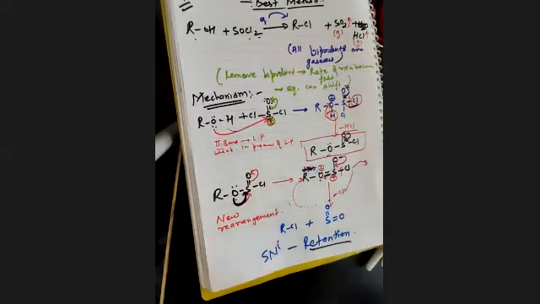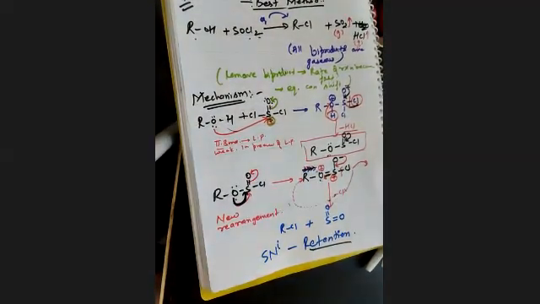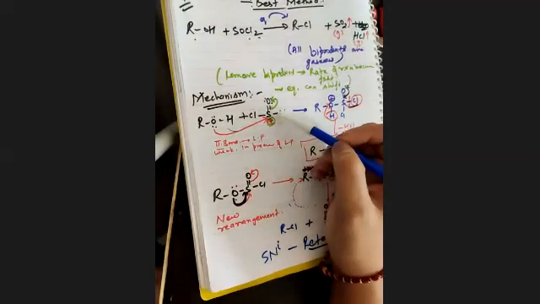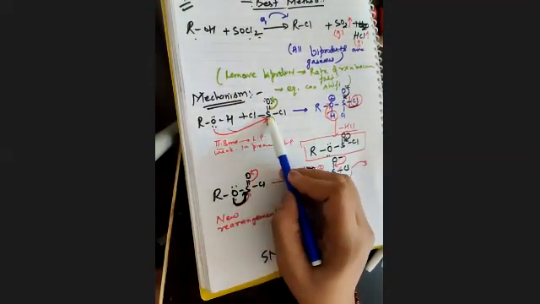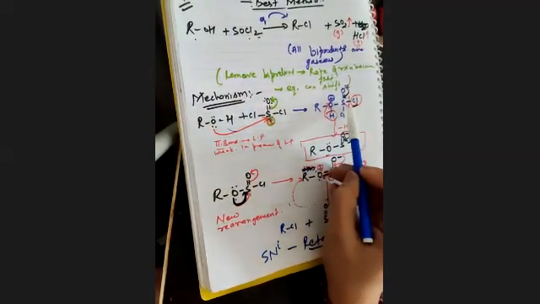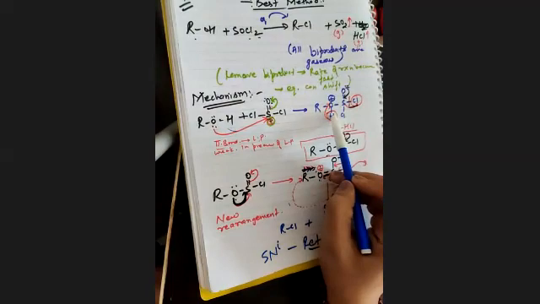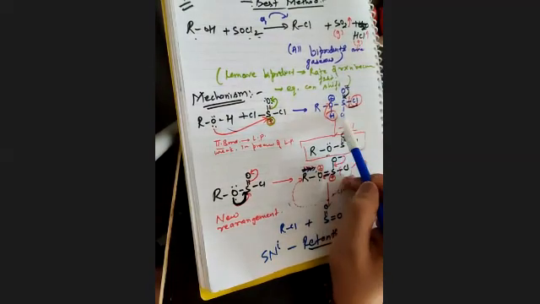Clear, beta? Let me just explain this again, once more. What happens when ROH reacts with SOCl2? S double bond OCl2. Okay. So in the first step, oxygen donates its electron to sulfur, then the pi electron will shift to oxygen. Clear? For stability, in the next step, oxygen extracts electron from the hydrogen. Okay, and hydrogen will be removed.